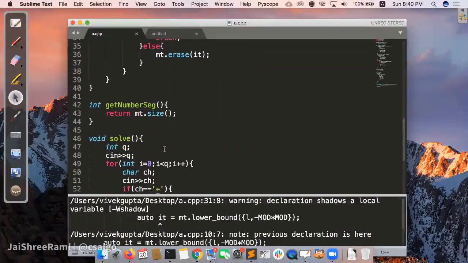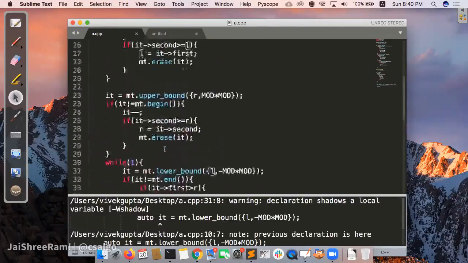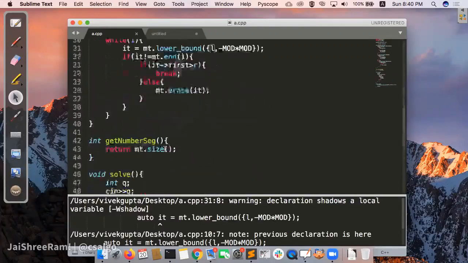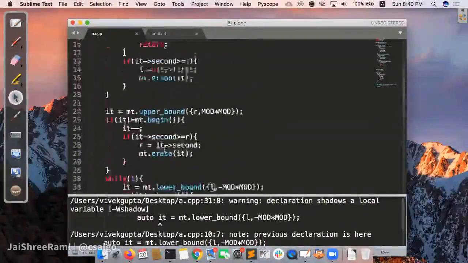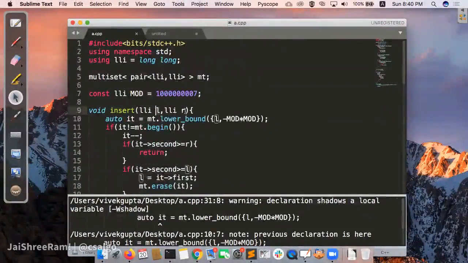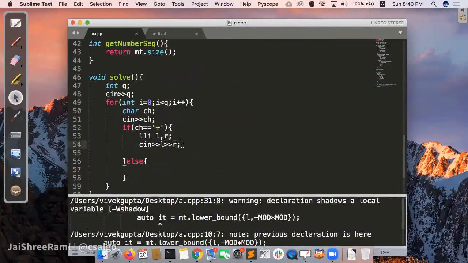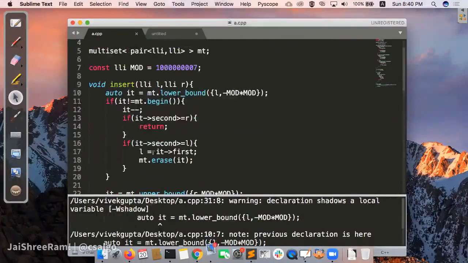The tag will be implementation. But I think it's difficult to search for STL based questions like in this case. So this L and R is actually the input L and R, right? But we are trying to extend it if we find something that intersects, or else it will remain the same value, right?